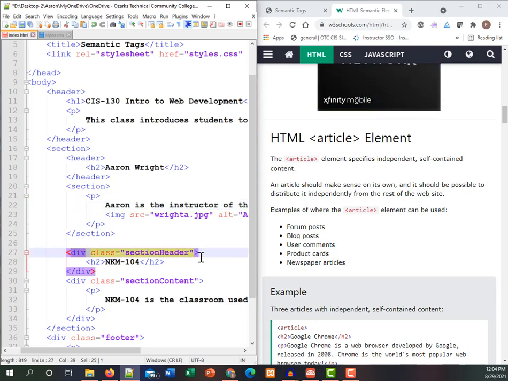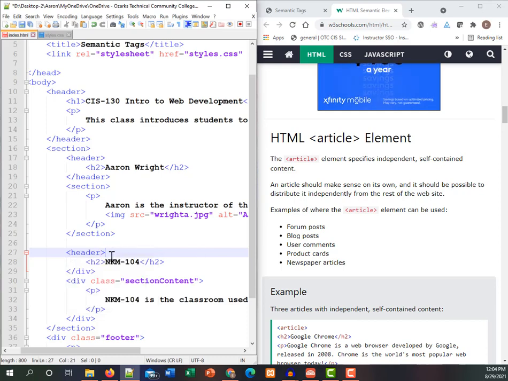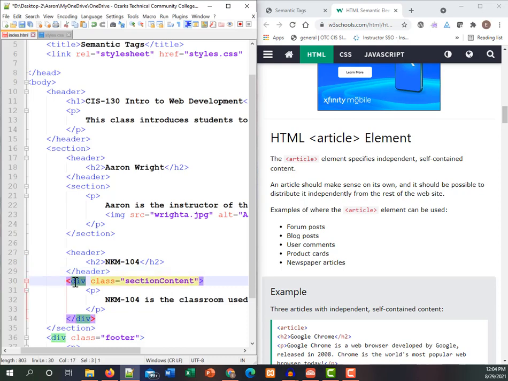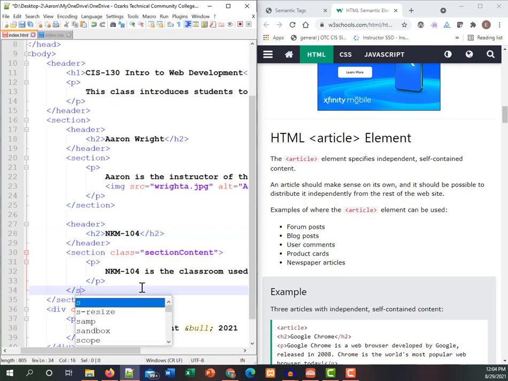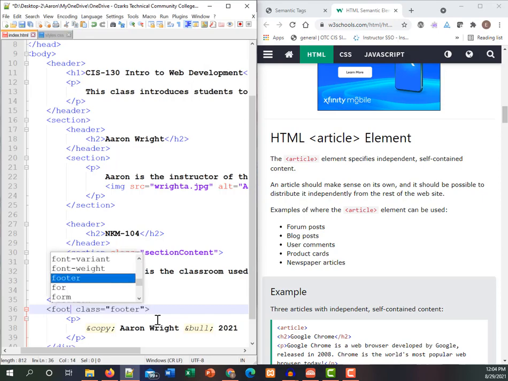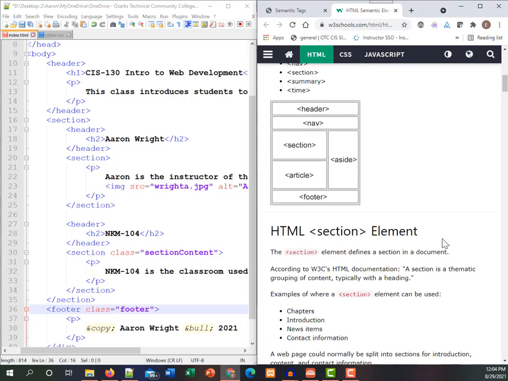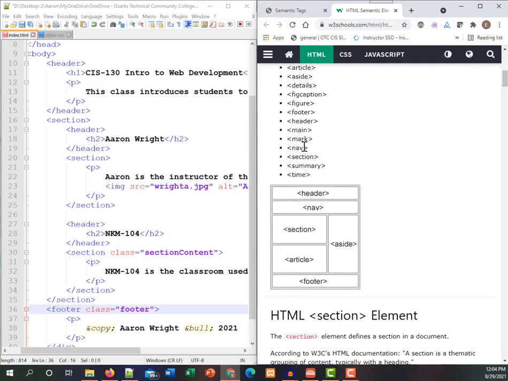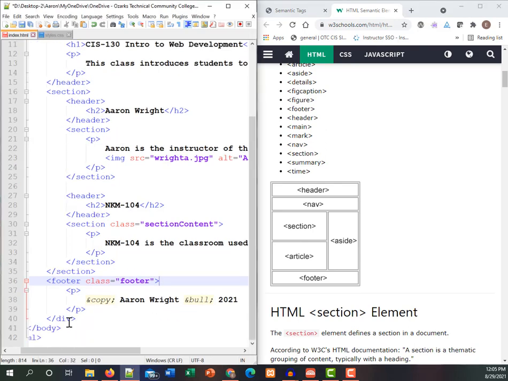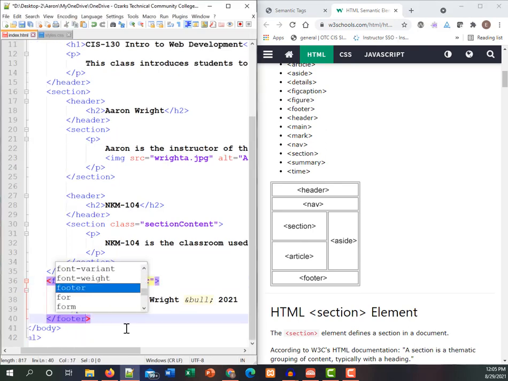So here, this is a header, and then another section, because we know that these are sections within this section that's something else, and they're all different sections of this body. Here I'm going to use the footer element, so we can see that's one of the elements that's available here. Here's a basic idea of how some of that works. And then this footer here,